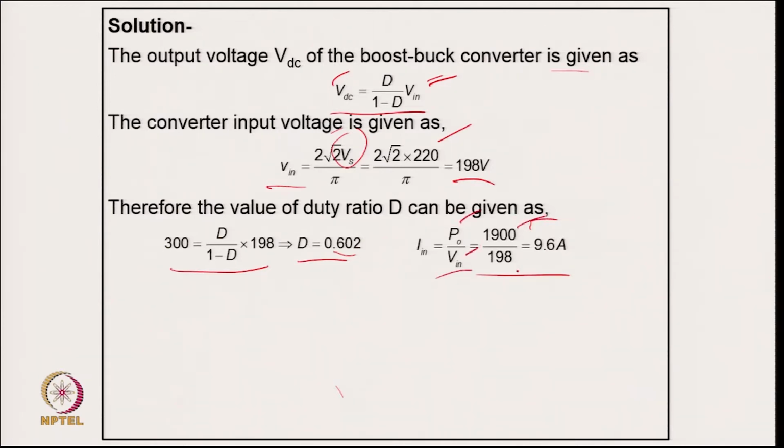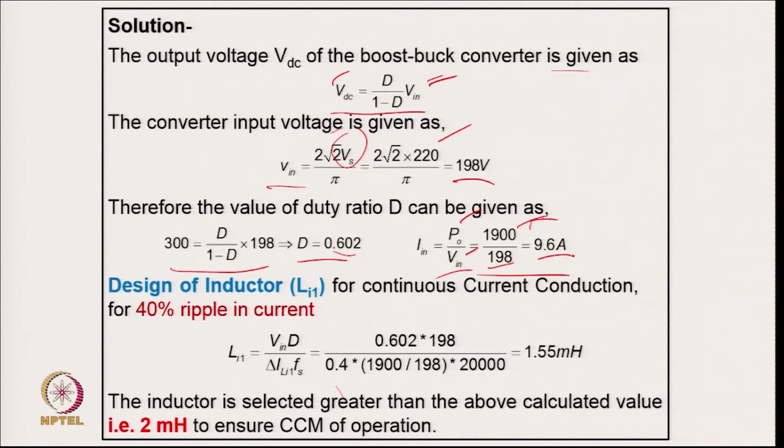So, putting the value of output current, that is 1900 watt divided by 198, it comes to 9.6 ampere. And now coming to the design of the input inductor, because you have a 3 element input inductor, output inductor, as well as the energy transfer capacitor and the output capacitor. So, designing the input inductor for continuous conduction mode for a 40% current ripple, this is typically the relation corresponding to